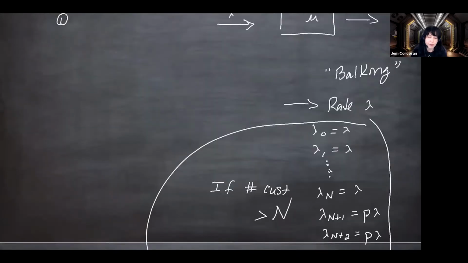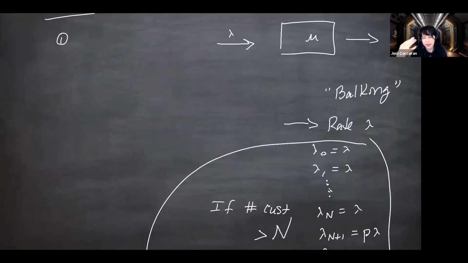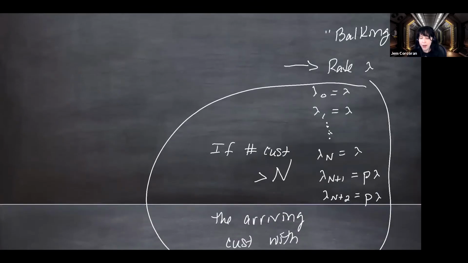What I had meant for problem 1 is for this balking to happen only when the line got long. But instead, I have all the customers, I don't know why. A customer arrives and there are 0 people in the system and they leave, because instead of p, I have alpha, and it is dependent on the number of customers in the system.